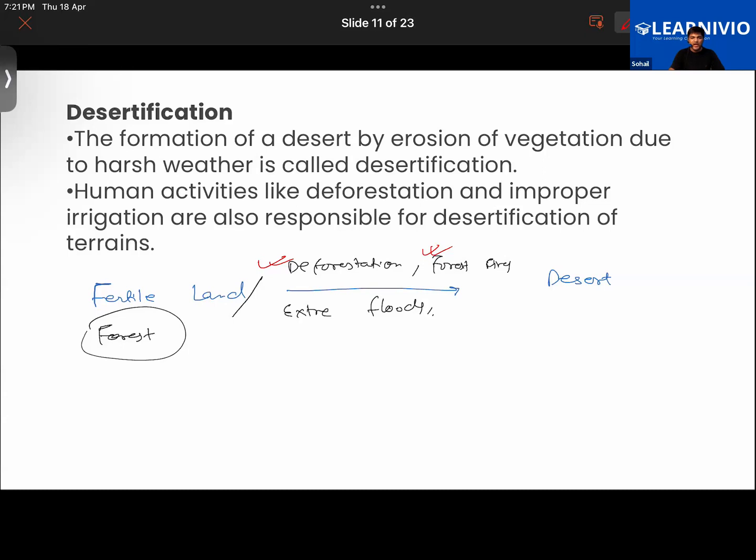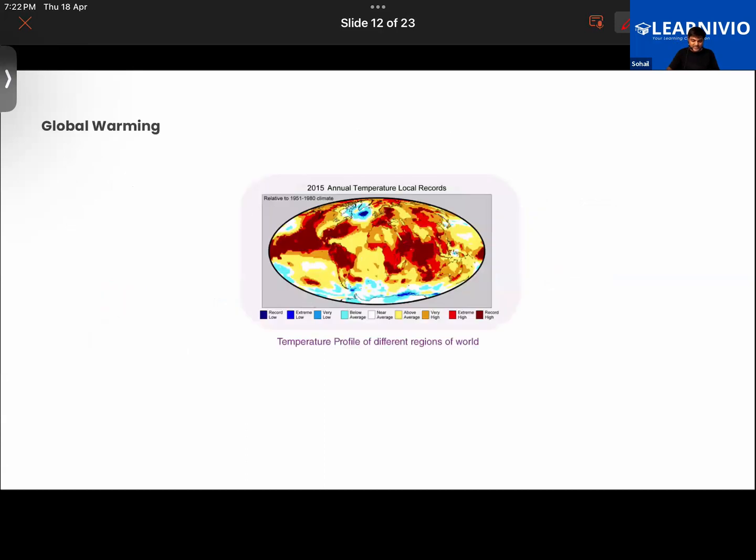Next, let's talk about how deforestation will lead to a decrease in rainfall. A decrease in rainfall will happen when evaporation has decreased, which means less rainfall will be happening there. As we have studied earlier, forest trees suck up a lot of groundwater through their roots. Lots of groundwater is being pulled upward by the roots of the trees. In this manner, the level of the groundwater is maintained. Try to understand it in this manner.